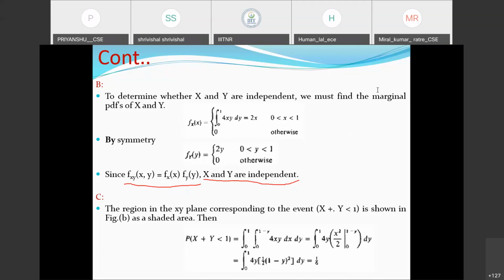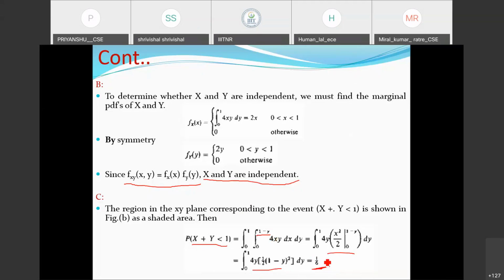If this condition is not given, then we have the liberty to go for integration limits 0 to 1 as well as 0 to 1. But as it is pointed out specifically, we are interested only in the region where x plus y is less than 1. I pointed this out in the discussion, but still you people missed it. Once we incorporate this condition from the problem statement into the integration, there is nothing else: just integrate and substitute the values. After substitution you will get 1 by 6. That's it.